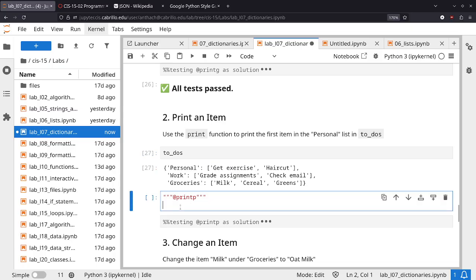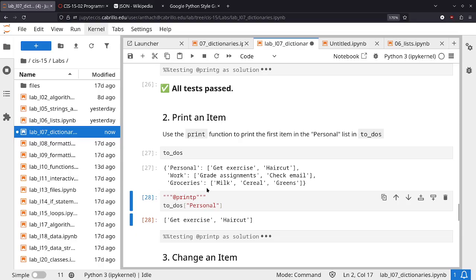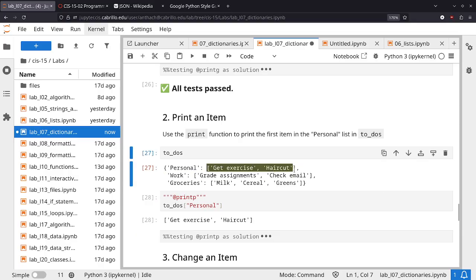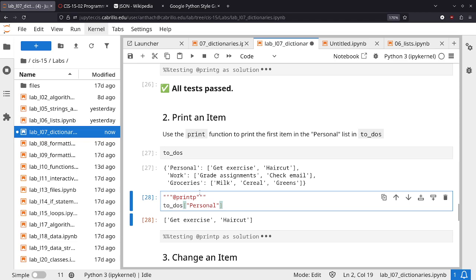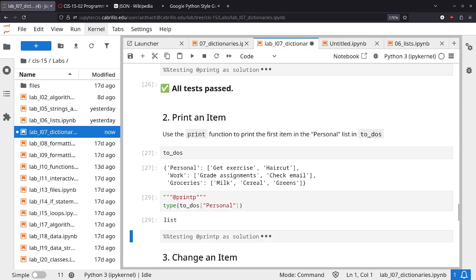So let's access that list first: to-dos, personal. There we go, we accessed the value here. This is going to be a little different though. This is a list. You could look at the type: list, as you might remember from Tuesday,